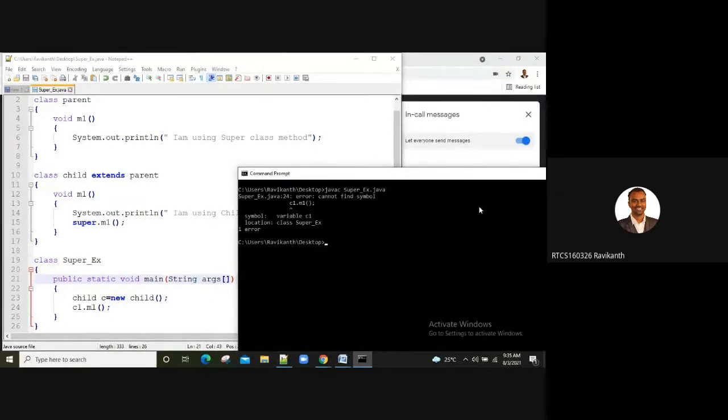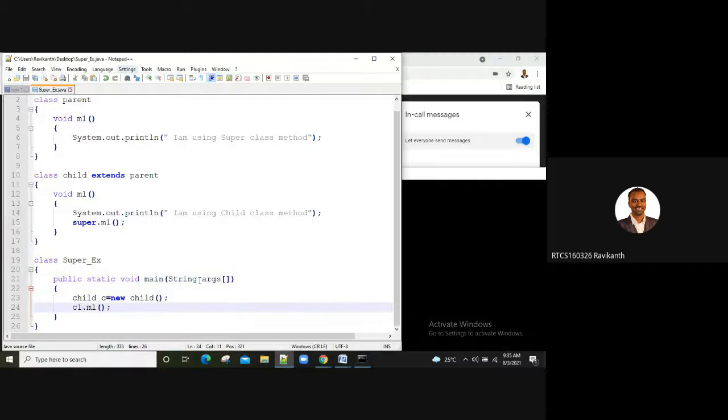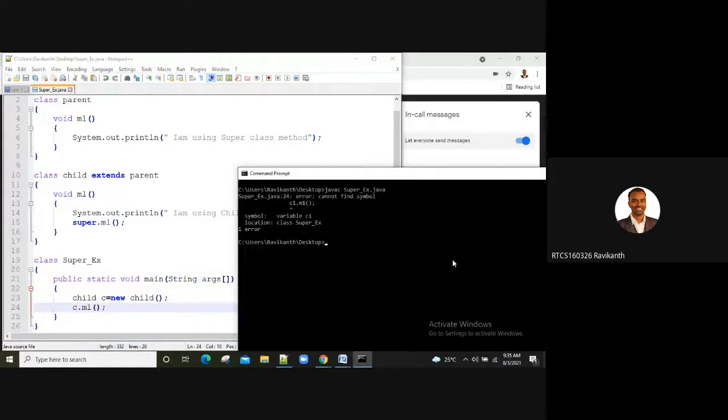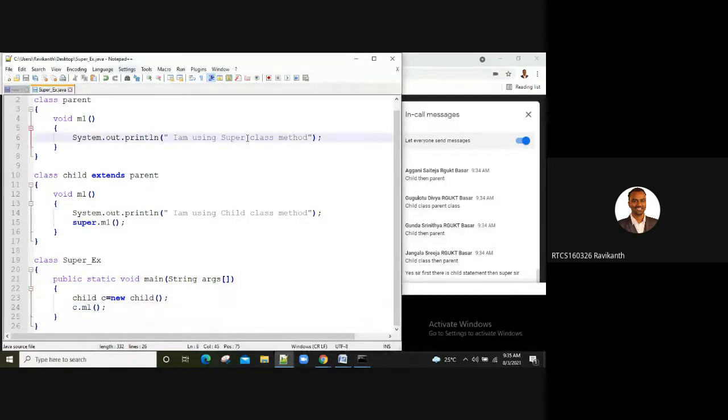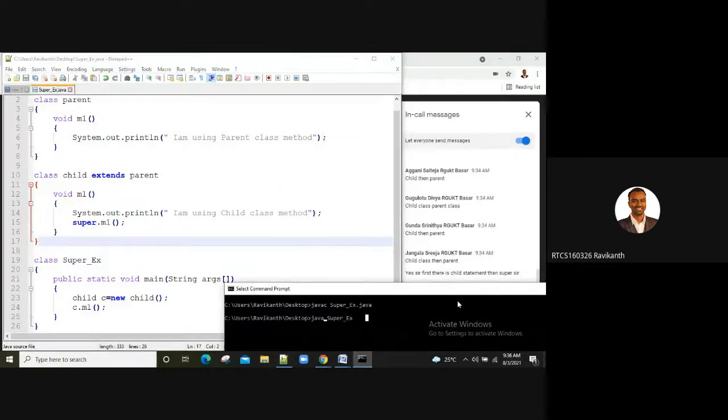Very clearly I'm using the super keyword there. Still everybody wants to go with child then parent? Okay, fine. What output are you expecting? Oh, something went wrong. Okay, here. Fantastic. So, what would be the output? Child parent or parent child? Let me not use it here, because again you will get confused.